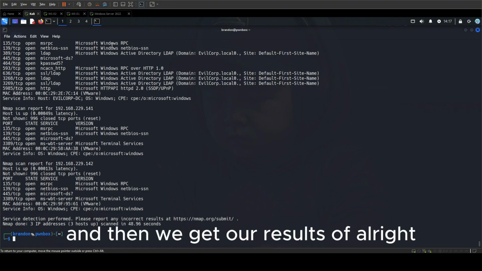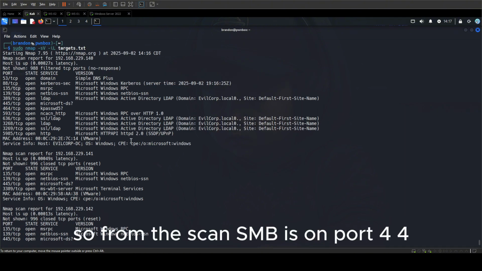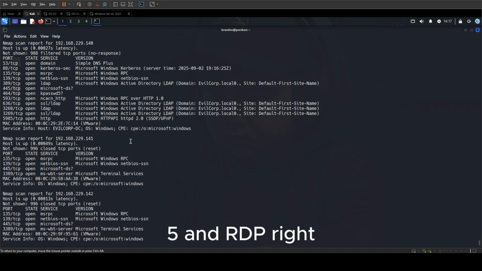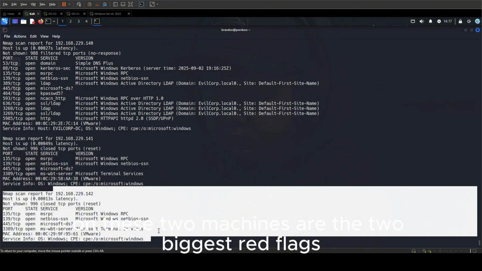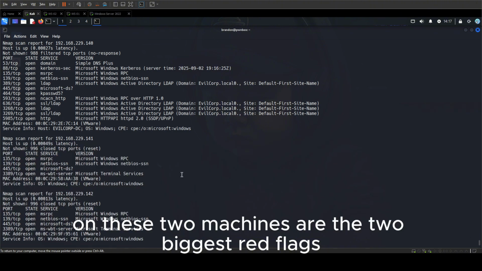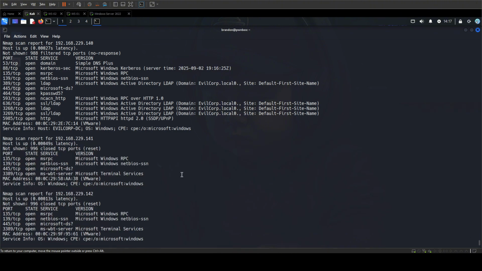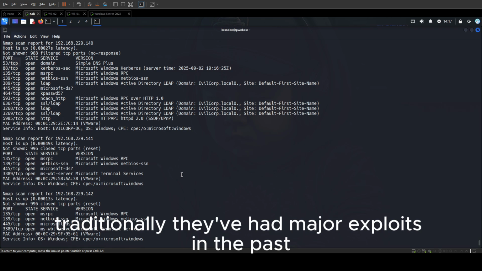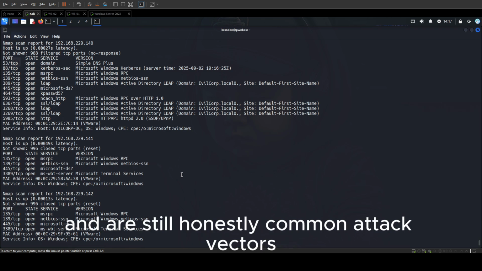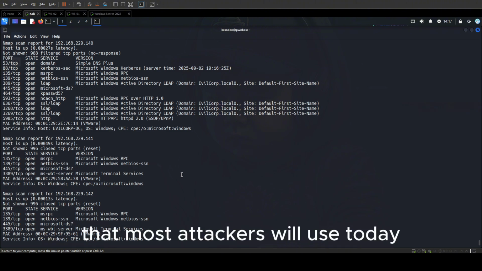And then we get our results. All right, so from the scan, SMB on port 445 and RDP, right, on these two machines are the two biggest red flags. Traditionally, they've had major exploits in the past and are still honestly common attack vectors that most attackers will use